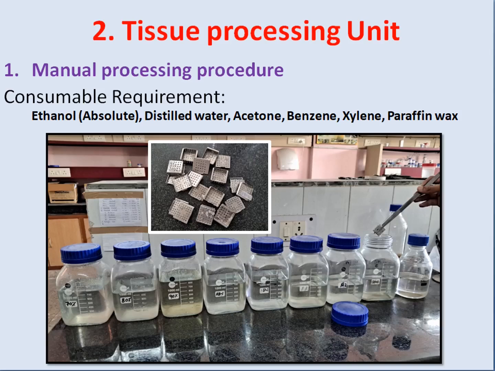Before processing the sample, we have to cut the tissue, put the tissue into tissue cassettes, and then wash for at least 1 to 2 hours. Then we have to dehydrate this tissue. So we put the cassettes in graded doses of alcohol. For dehydrating, we start from 70%, then 80%, 90% alcohol, then absolute alcohol 1 and absolute alcohol 2. So it will be properly dehydrated, and further it is dehydrated by putting this tissue in